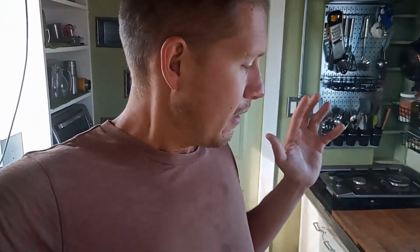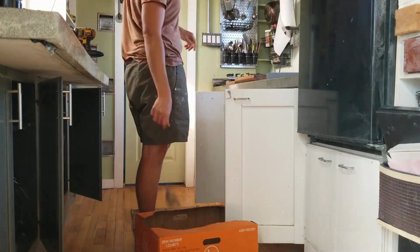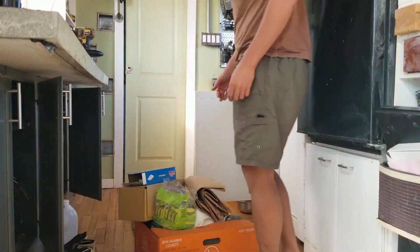We're getting this out. We're getting started on this. The idea, luckily, is that we have enough materials from this half of the renovation that this half is going to be very inexpensive, because we're reusing the same cabinets. I've already got the concrete board, I've already got the forms, all that kind of stuff. We're just ripping it out, putting a new coat of paint on everything, and then I do have a new